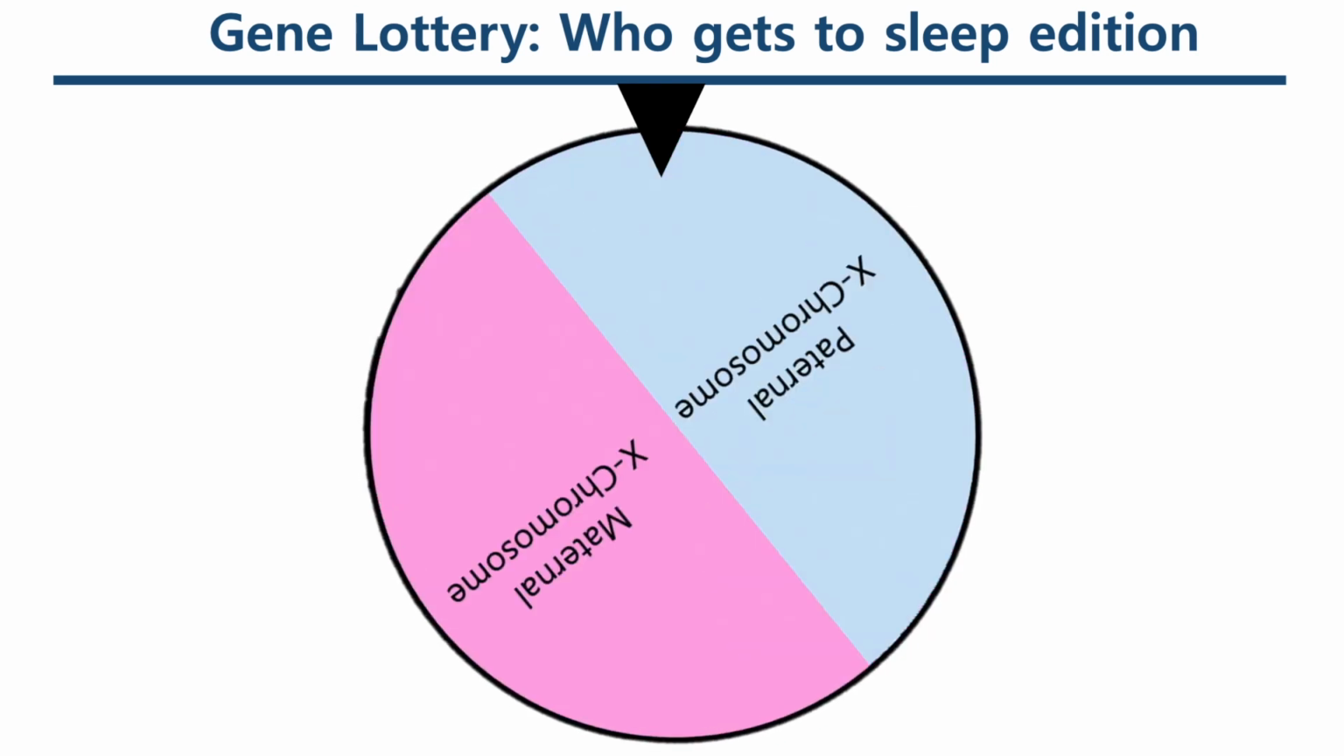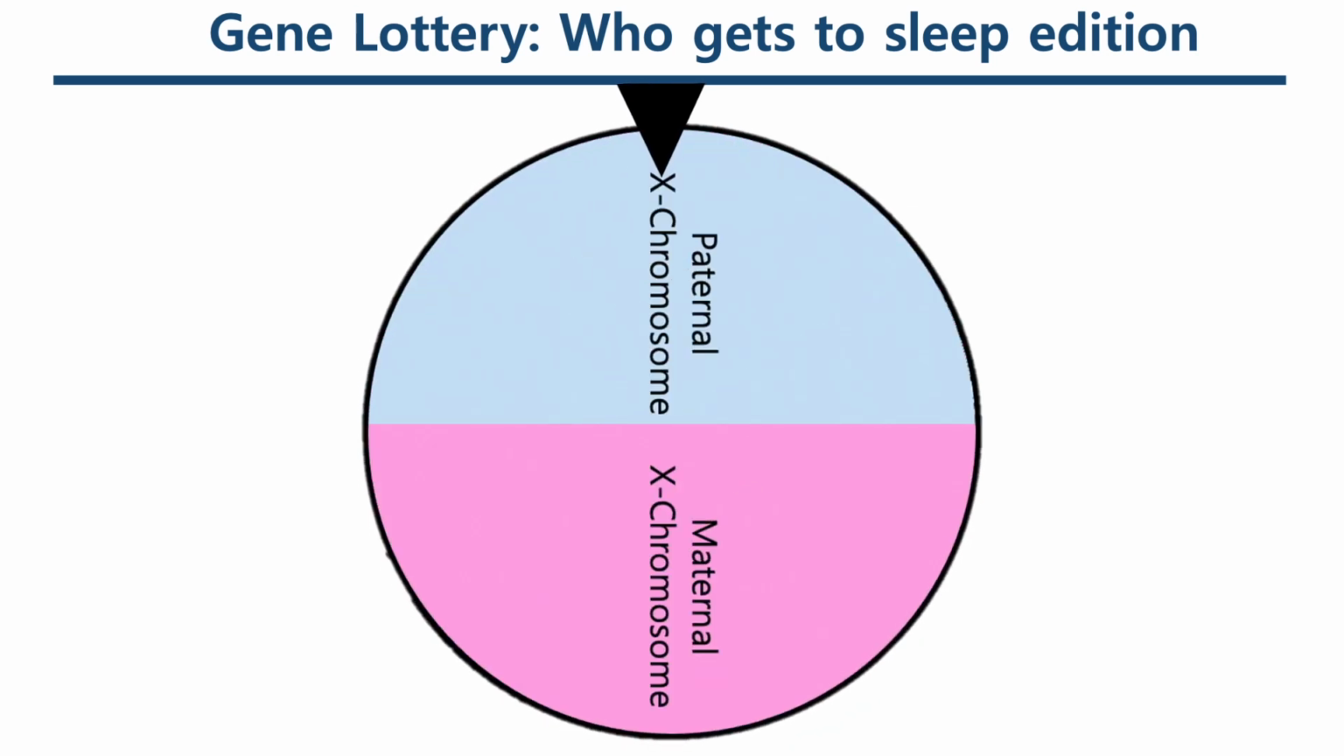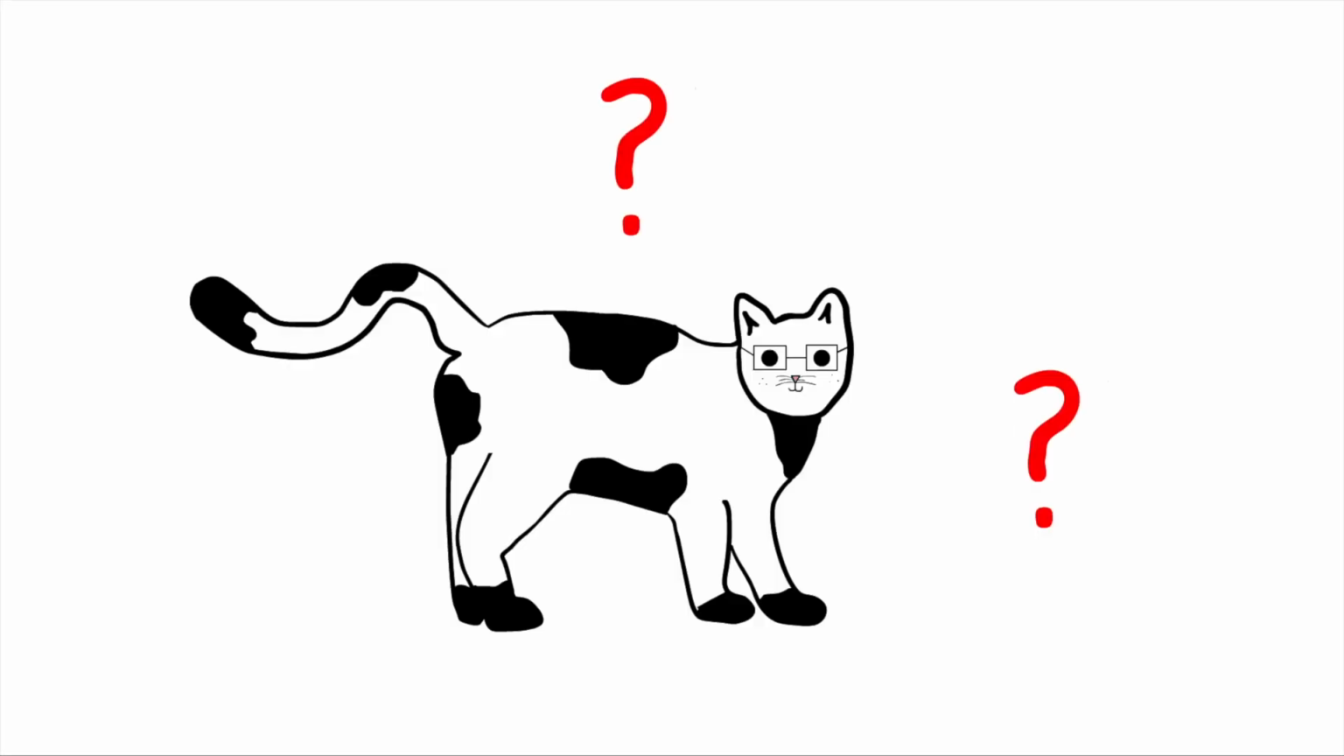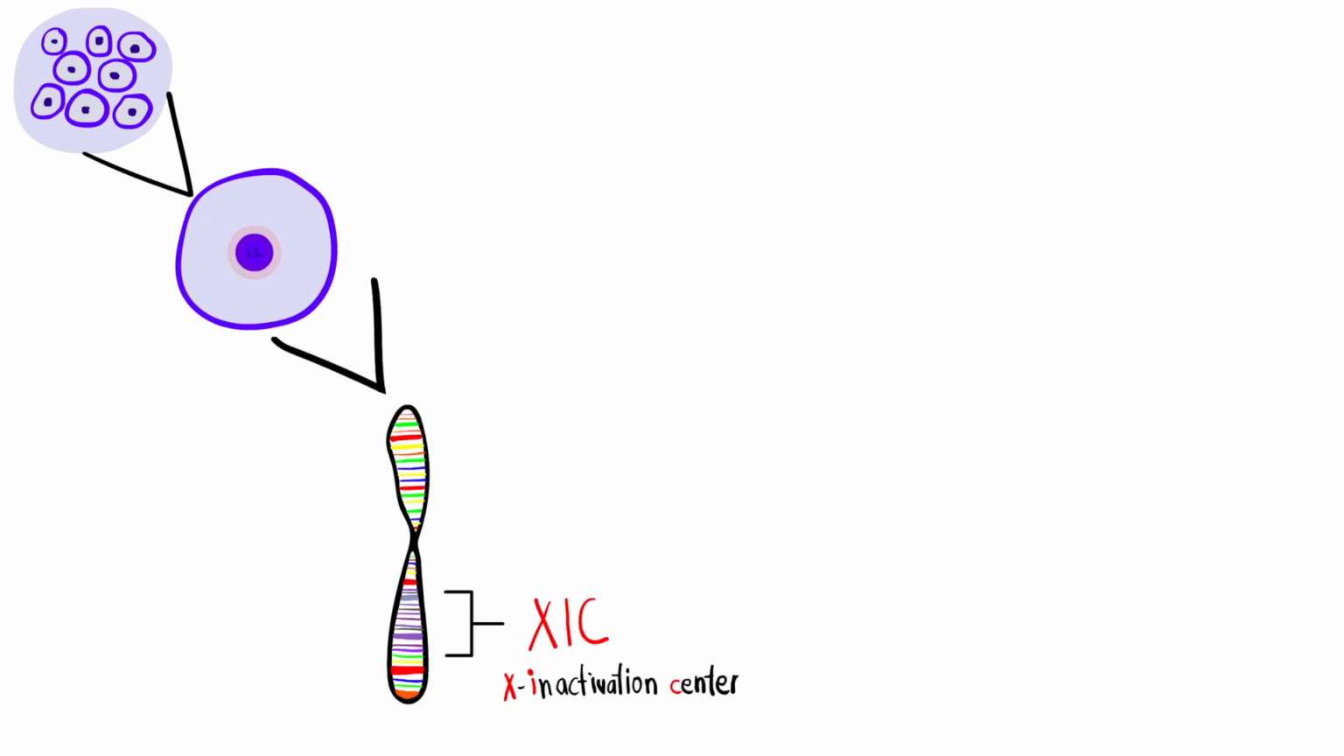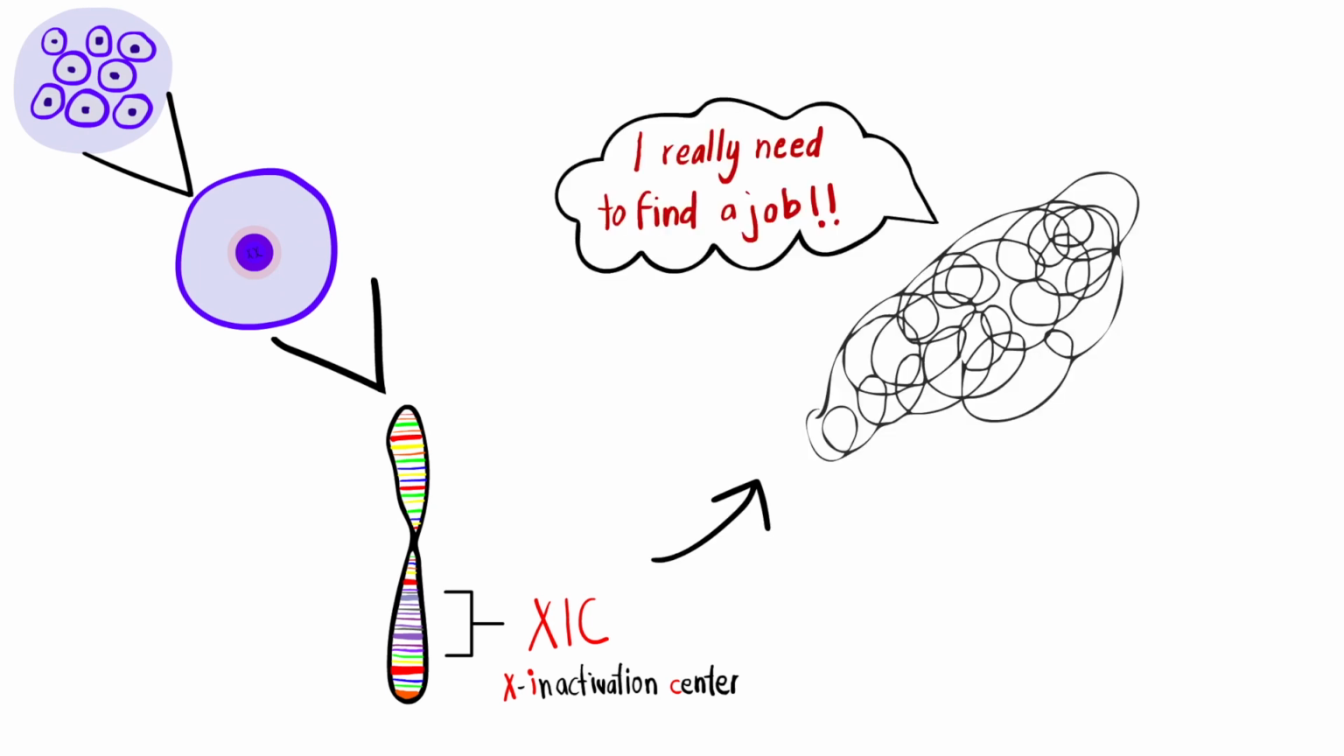In humans, X inactivation is a random process. This means that the maternal and paternal X chromosomes have a 50-50 chance of inactivation. But how does that work? When the embryo is about 8 cells old, a region on the X chromosome, known as the X Inactivation Center, or XIC for short, contains several genes essential for the transcription of long, non-coding RNAs that play a part in